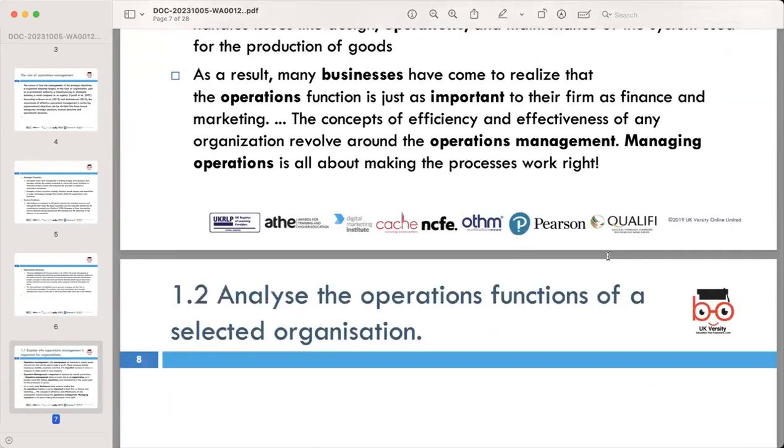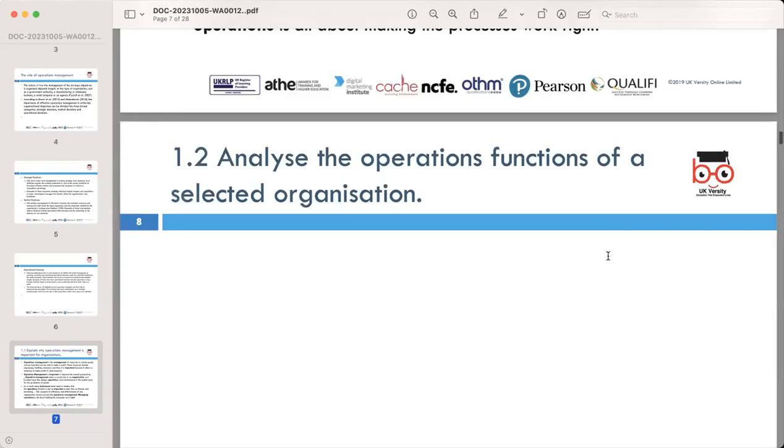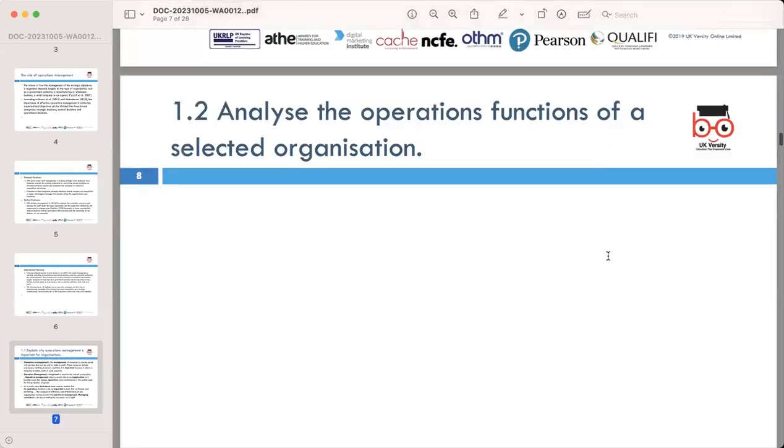So you understand now, basically? Yes, I have a good understanding of operation management, because in our company we have operations, we have management, and we are working to achieve the goal, like any set goal, not a product. You can say construction, because our company belongs to construction. Our products are buildings, new buildings, schools, towers, and like this. So operation management is important within any kind of organization or business. Yes. Okay. So, analyze the operation functions of a selected organization.